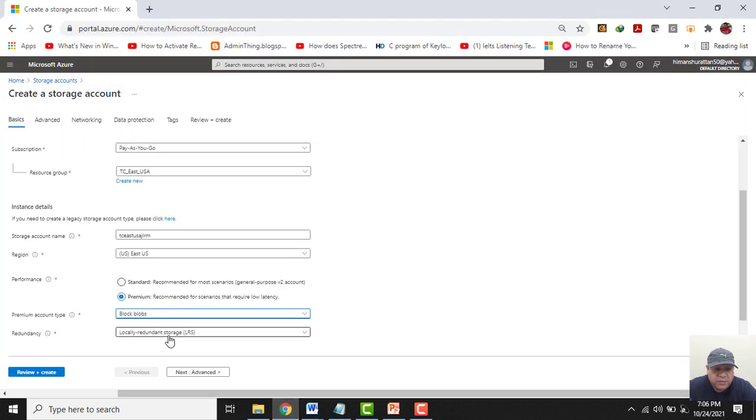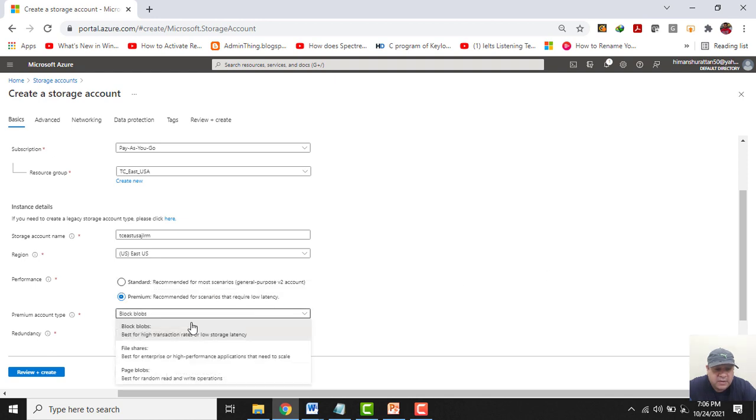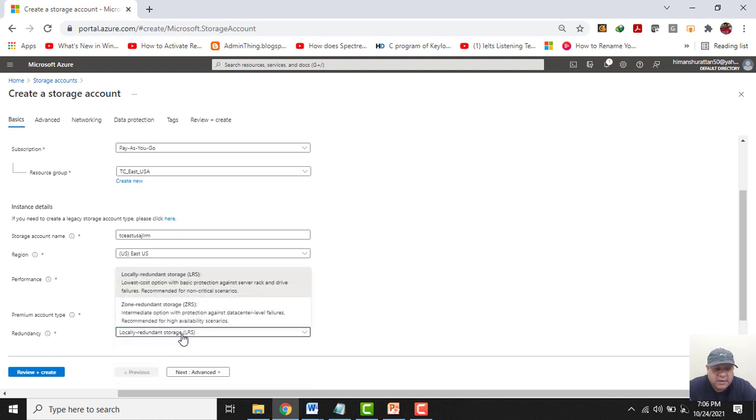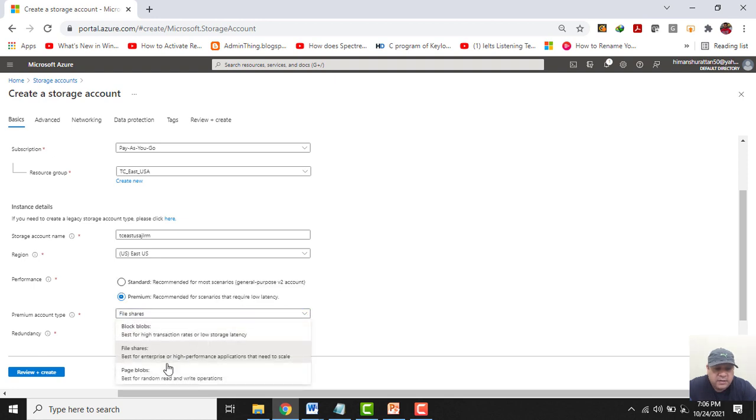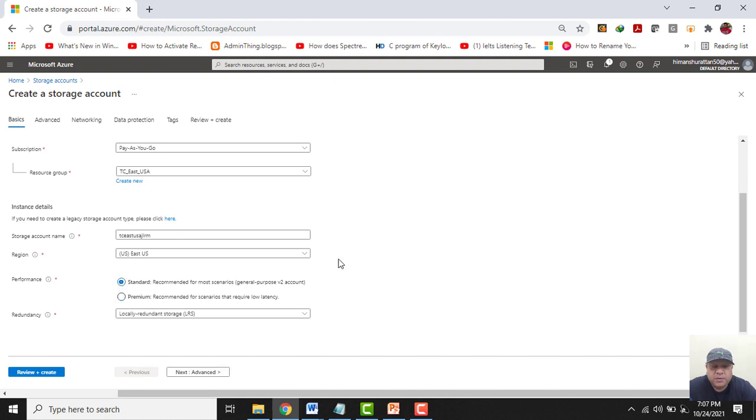For block blobs, we get 2 redundancy options. If I select file shares, I get 2 options, LRS and ZRS. And if I select page blobs, I get only 1 option, LRS. If I go with the standard, I will get 4 services: blobs, file share, tables and queues.